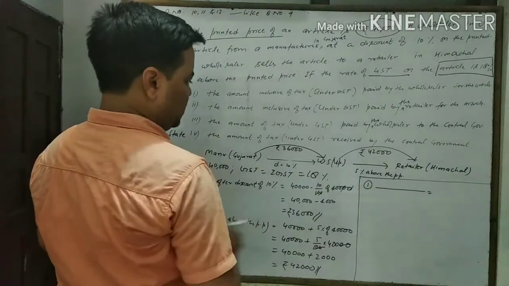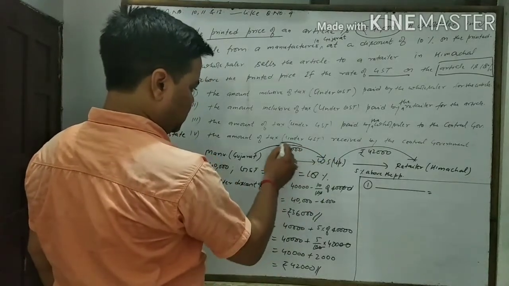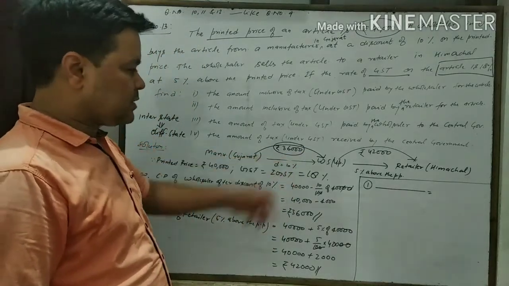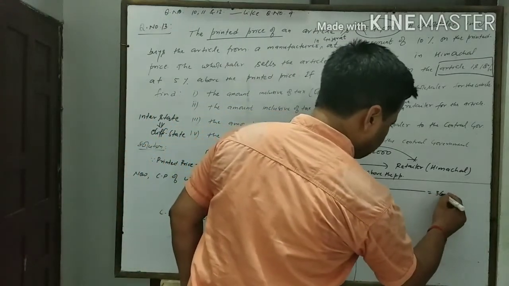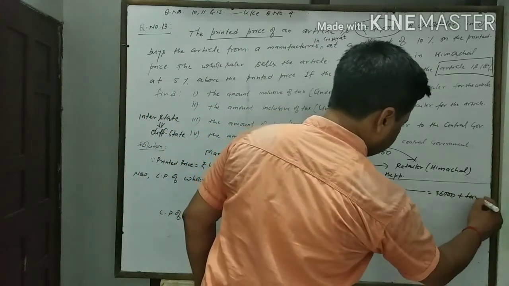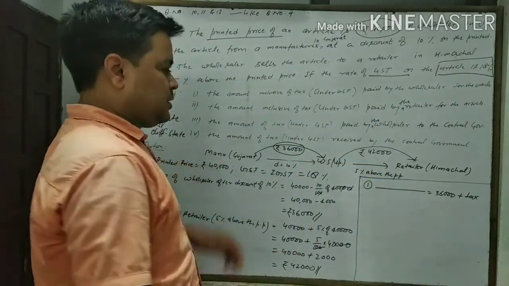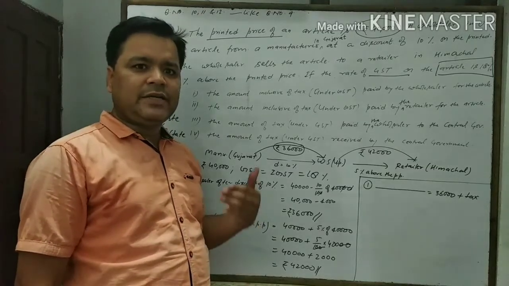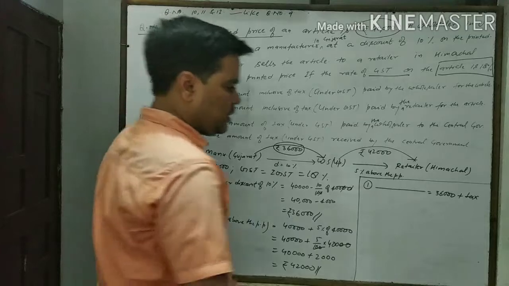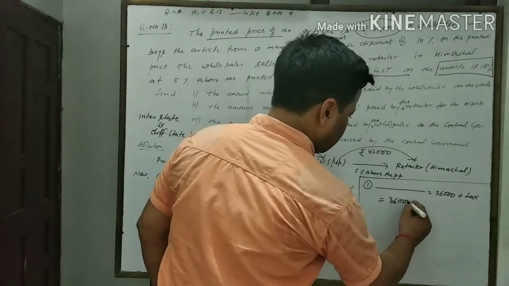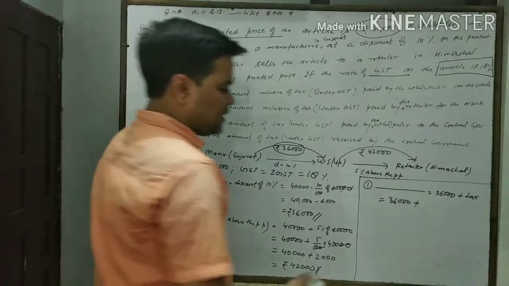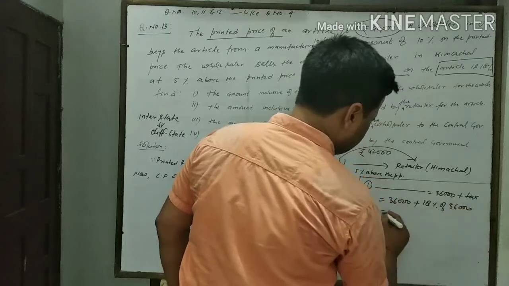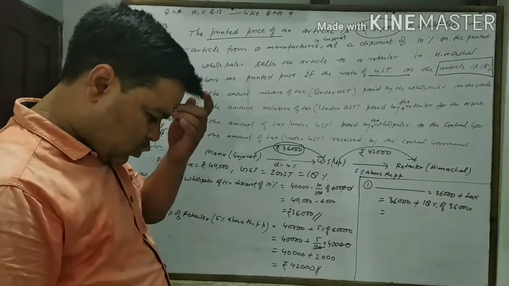So here the wholesaler takes the article at 36,000 plus GST, 36,000 plus tax. But this is a matter of interstate, therefore we shall calculate only integrated goods and services tax. So here it will be 36,000 plus 18% of 36,000. After calculation we will find that the total value will be